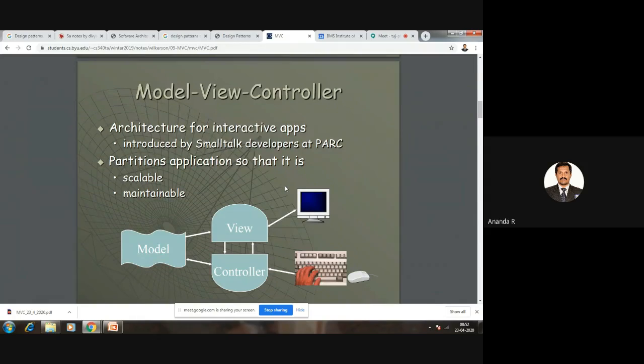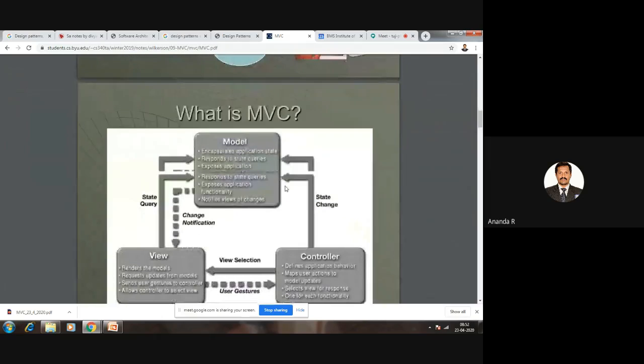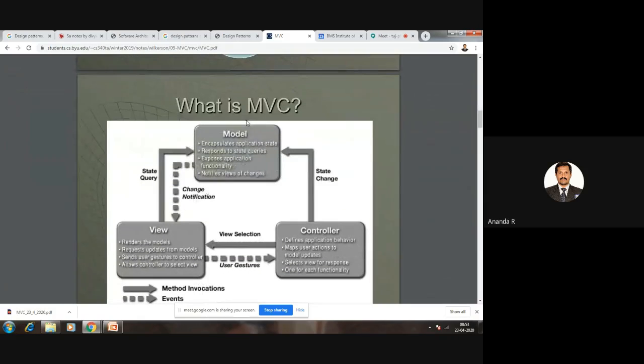If we go to the next slide, what is this model view control architecture pattern? Model means encapsulate application state, respond to the state, expose application functionality, and notify views of changes. Those are some of the characteristics of our model.